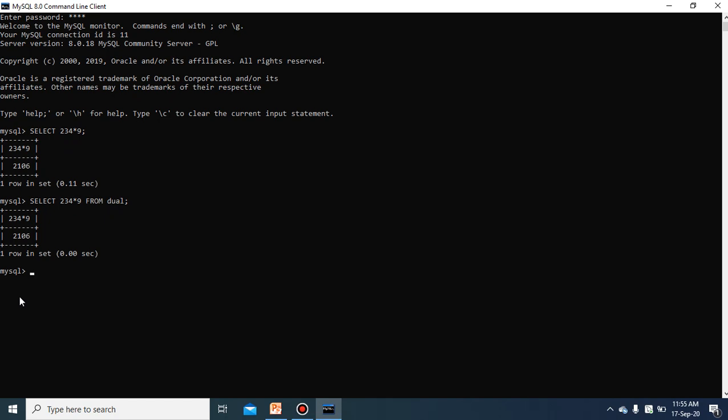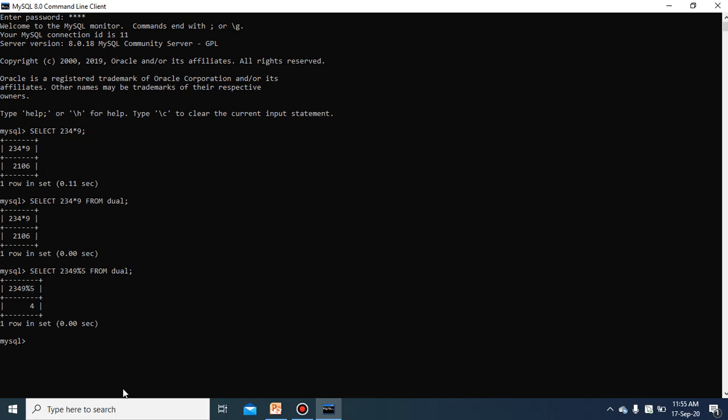If you want to apply the remainder operator, to see the remainder value, with 5, let us see what output you will get. It is the remainder 4. When you divide 2349 by 5, you get the remainder value 4. So in this way you can do any type of arithmetic task.